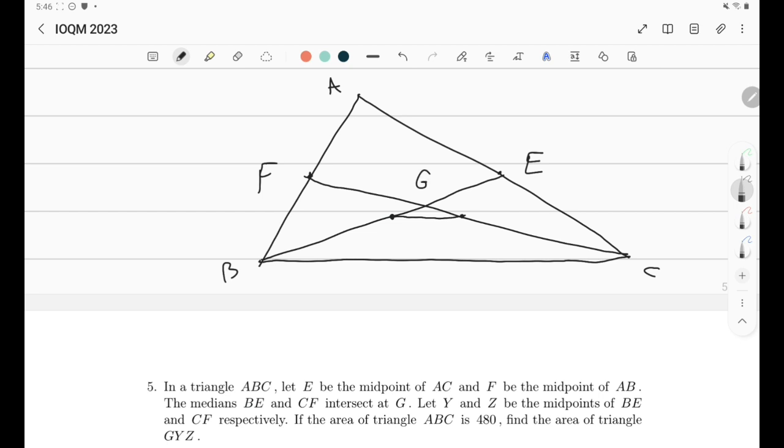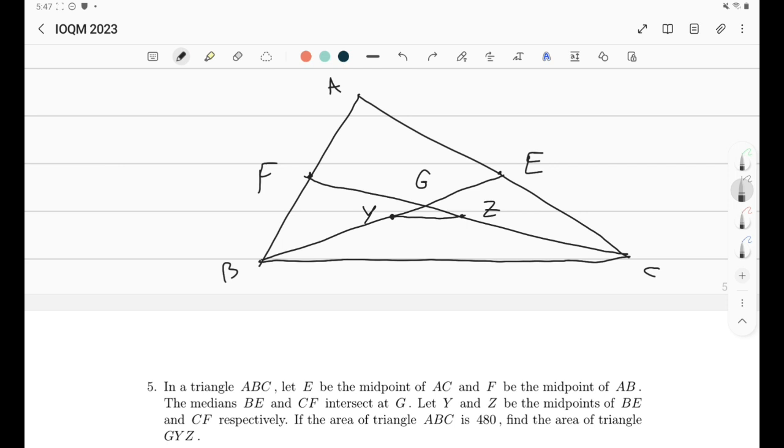This is G, the centroid, and Y is the midpoint of BE. This is Y, and this is Z. Okay, what's the question? The question is simple. They're telling us the area of triangle ABC is 480, and they're asking us to find the area of this triangle. Alright, so this is actually a very standard question, in which for sure we're going to be using the